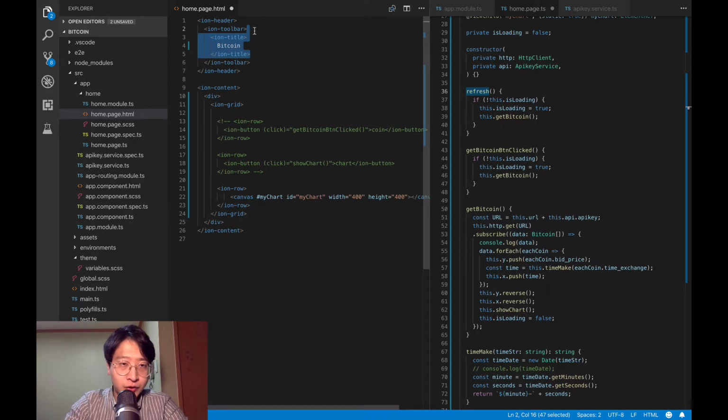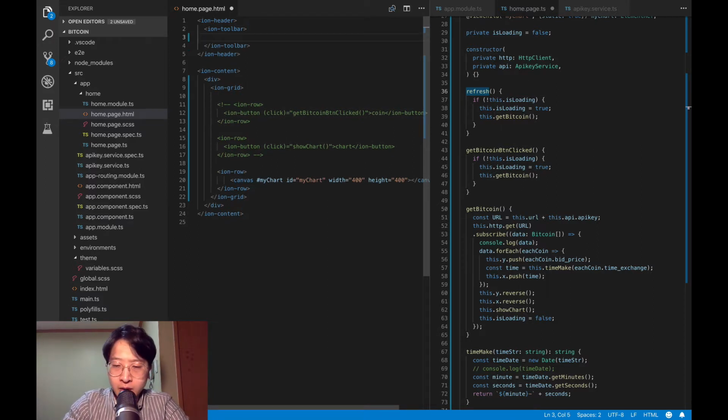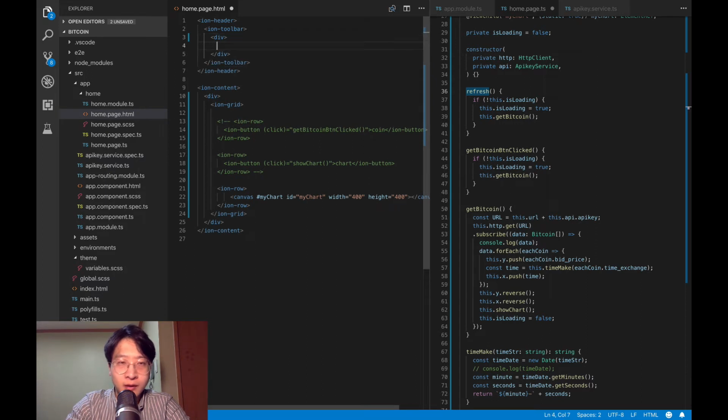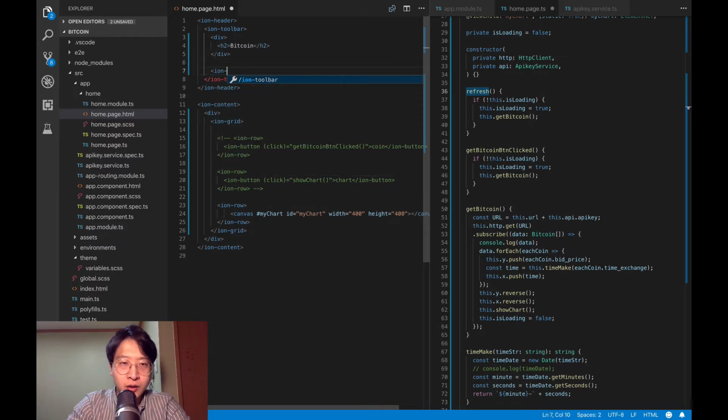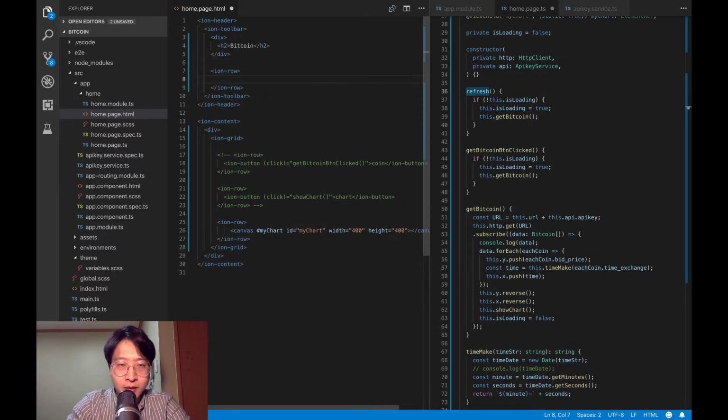Well, I don't like to use the title, so I'll just use a div and an h tag. How about h2, Bitcoin? And also here I like to put ion row